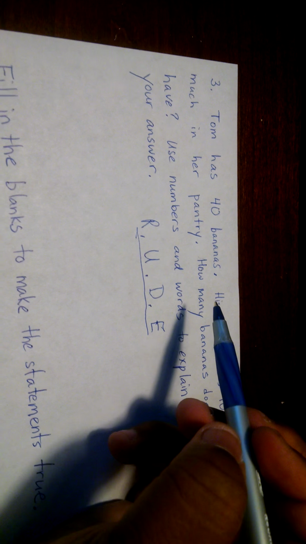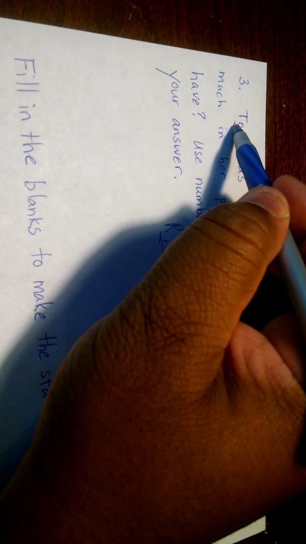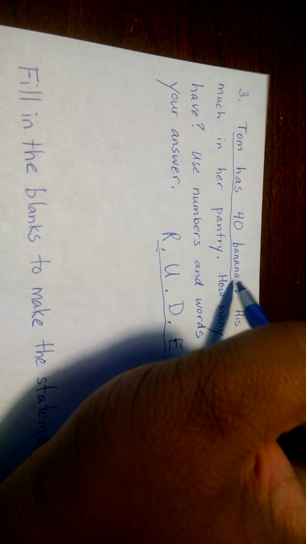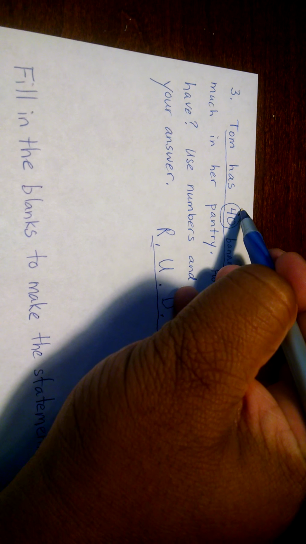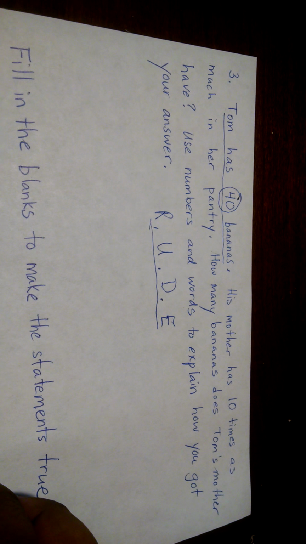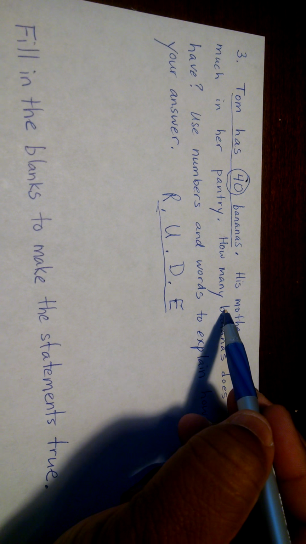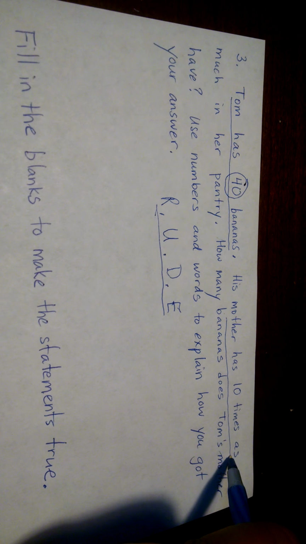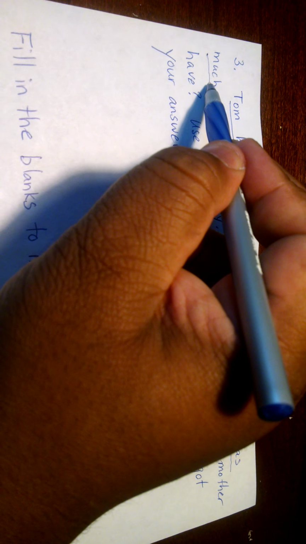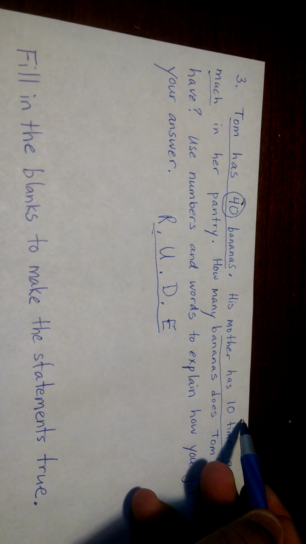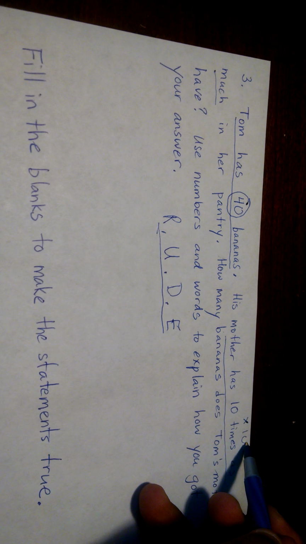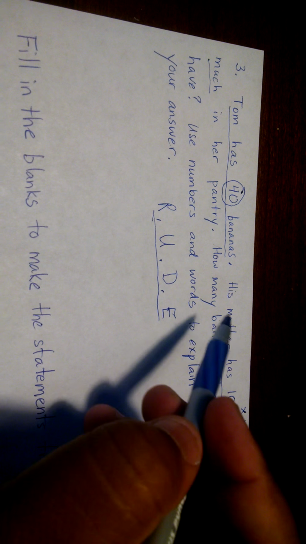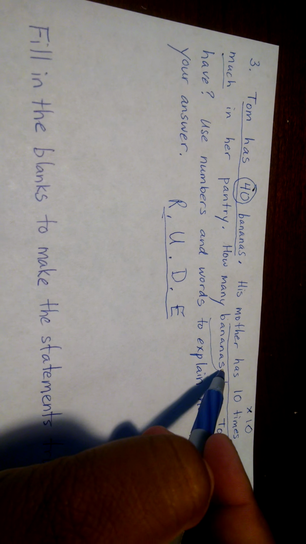So Tom has 40 bananas, so I would underline that. And I would circle any numbers that are important. His mother has 10 times as much. So when I see 10 times as much, I'm thinking times 10. How many bananas, that's my label,